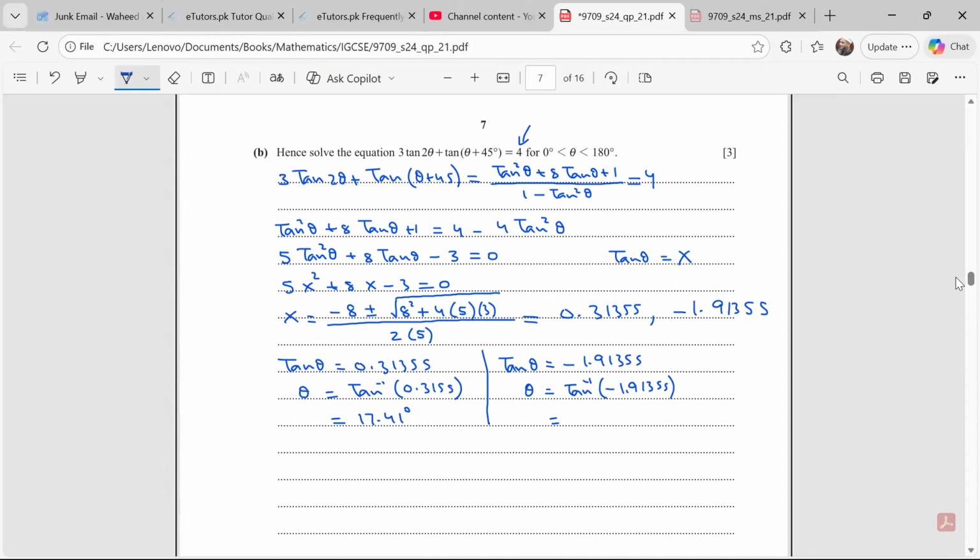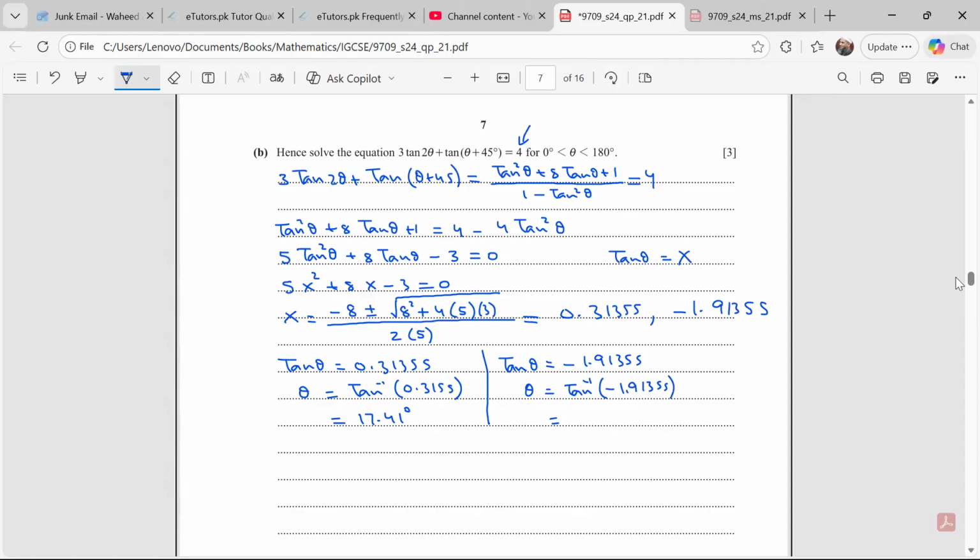let me use my calculator. Oh my goodness, this is what. My calculator is not working properly. Okay, anyway,